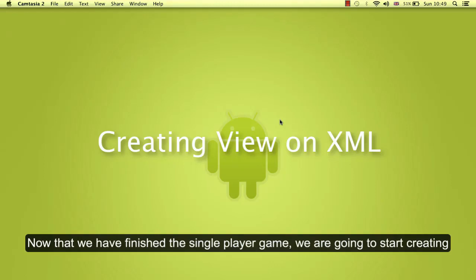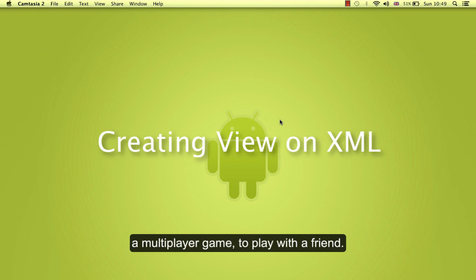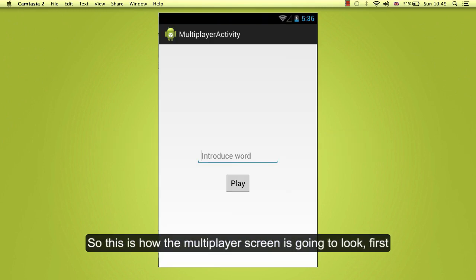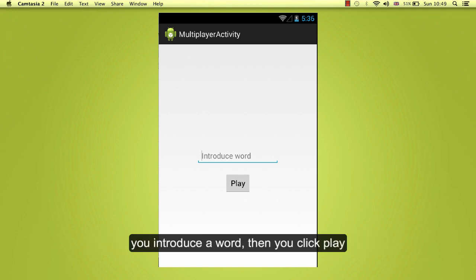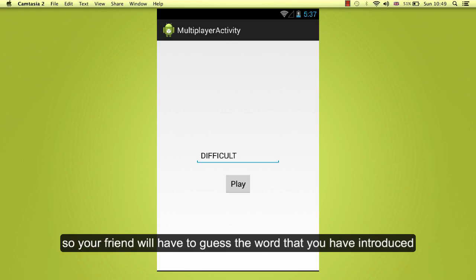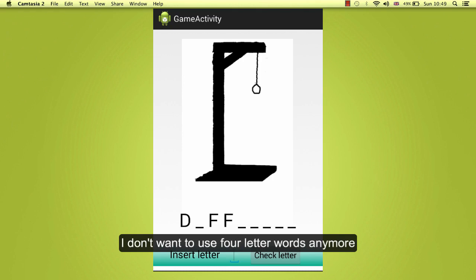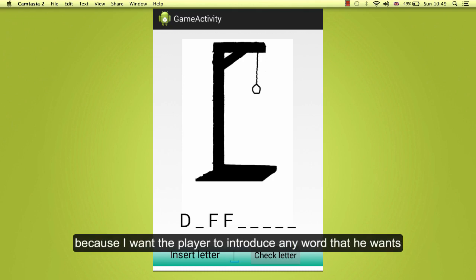Now that we have finished the single player game, we are going to start creating a multiplayer game to play with a friend. So this is how the multiplayer screen is going to look. First, you introduce a word, then you click play, so your friend will have to guess the word that you have introduced. I don't want to use 4-letter words anymore because I want the player to introduce any word that